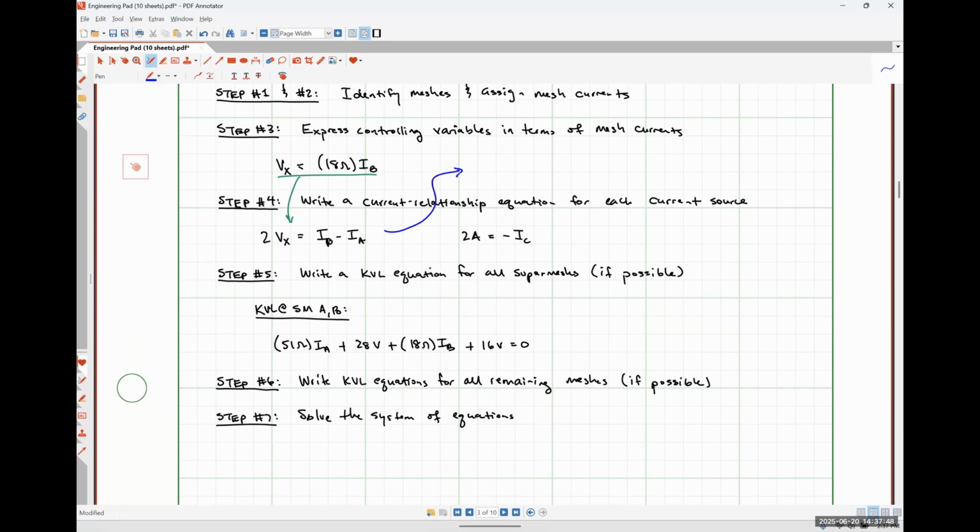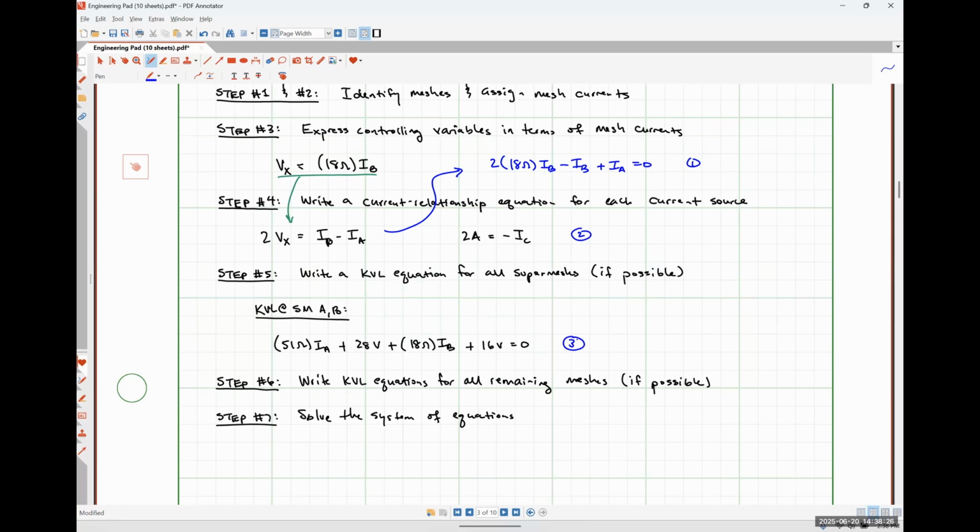So 2Vx is going to look like 36 ohms times IB. Actually, let me just do it as twice 18 ohms so that we know where that's coming from. I'm going to pull that IB from the right-hand side over. So I'm just going to have minus IB plus IA is equal to 0. So here's 1, 2, and